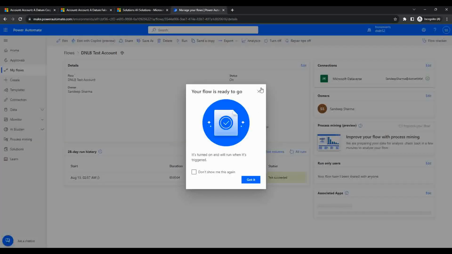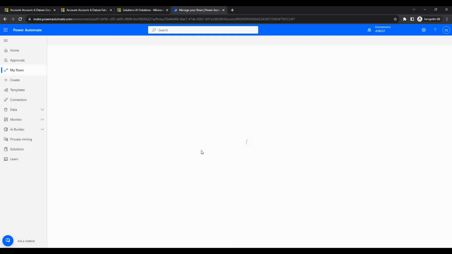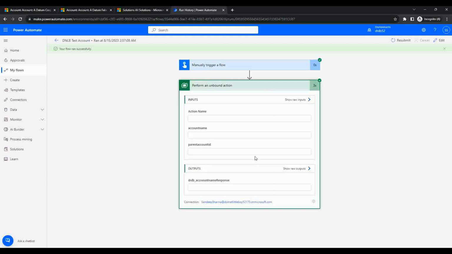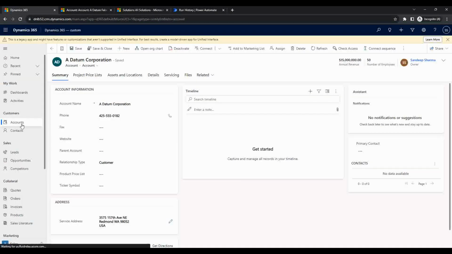So the flow has run successfully. If we see the flow status from here, run history, on the unbound action control, we can see the response coming from our API. It's created, the operation has been performed. So if I go to my accounts, the account list,